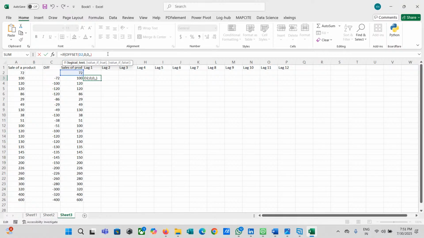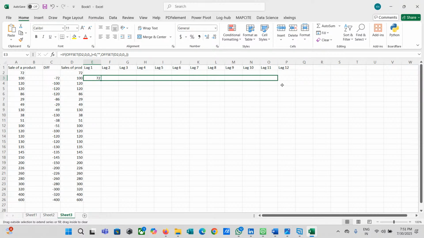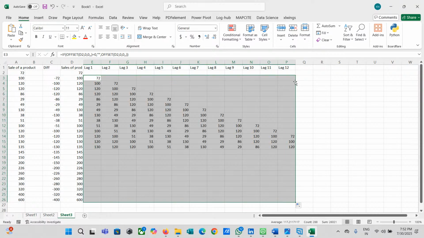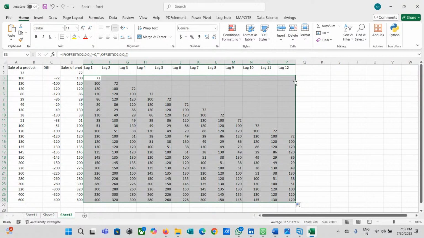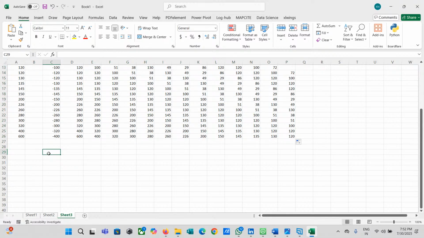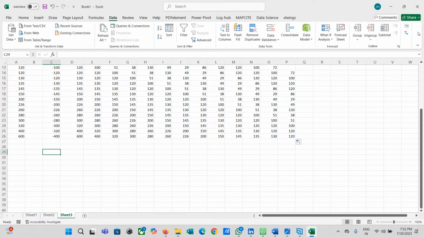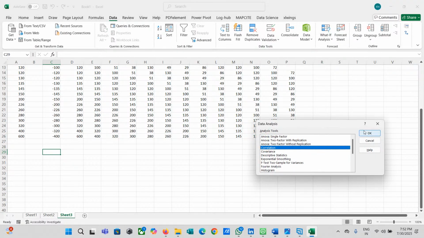If offset is equal to 0, give me blank, or else give me the offset, right? So this is the formula which I'm using here. This gives me the output immediately; it takes very little time. Now I'm going to create my correlation and build my PACF. I'm going to go to correlation here.